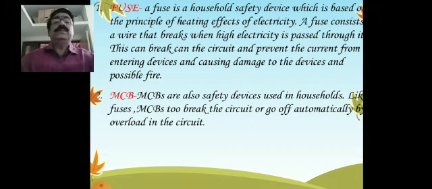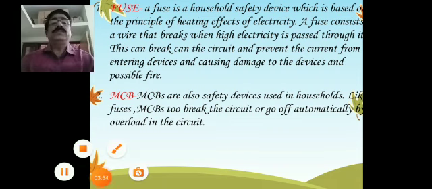So the fuse is a household safety device that works on the principle of the heating effect of electricity. It can break the circuit and prevent the current flow from entering devices and causing damage. The same is the work of the MCB, which helps in household devices to break the circuit and also automatically go